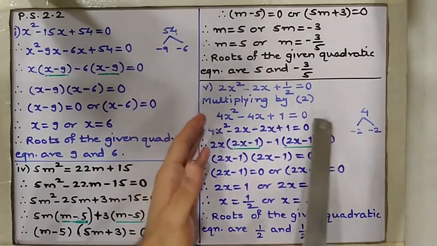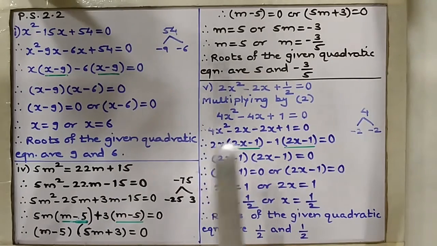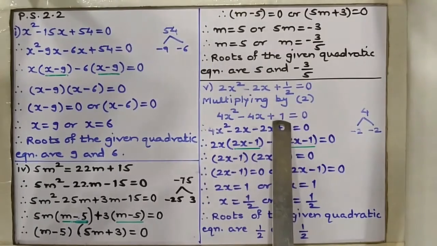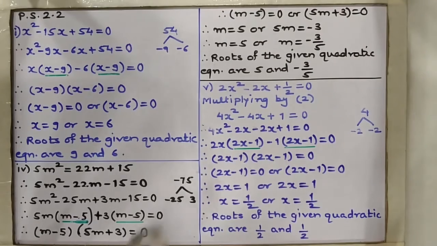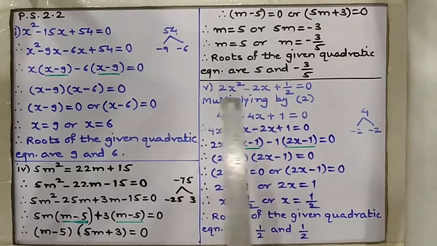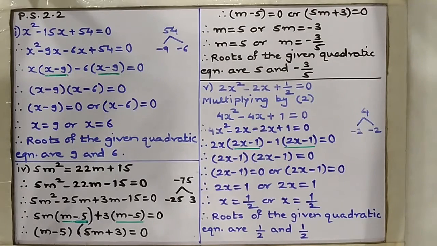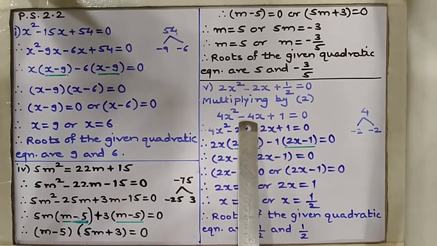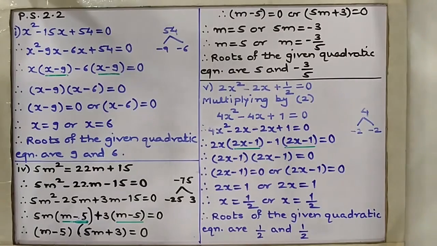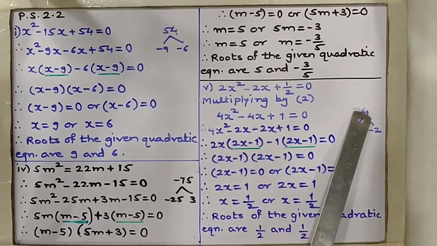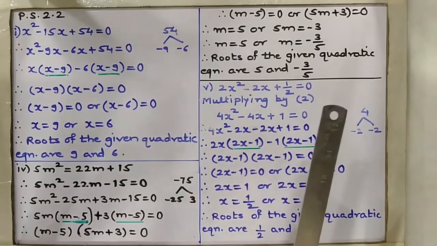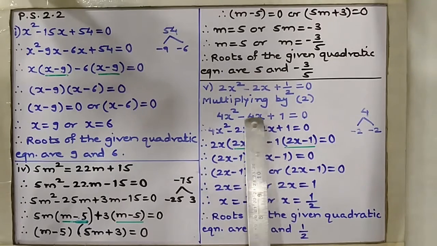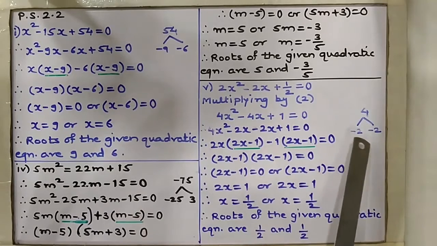Okay, we have simplified this quadratic equation. Coefficient of x square is 4, coefficient of x is minus 4, and the constant is plus 1. First we will multiply 4 with 1. 4 multiplied by 1 is 4. So we have to find two numbers whose product is plus 4 and their sum should be minus 4. Now since the product is plus 4, that is positive, both the numbers will either be positive or they will be negative. But as the sum is negative, both the numbers are going to be negative.